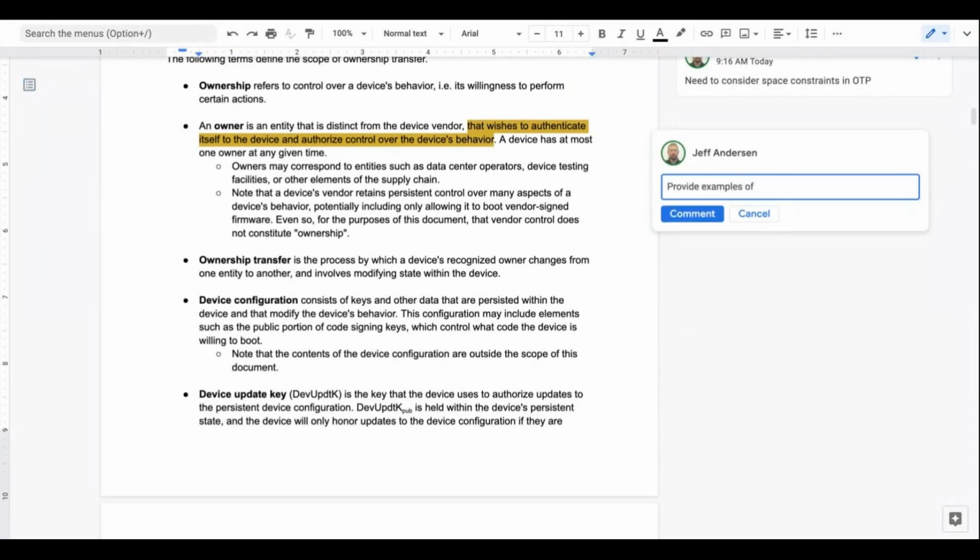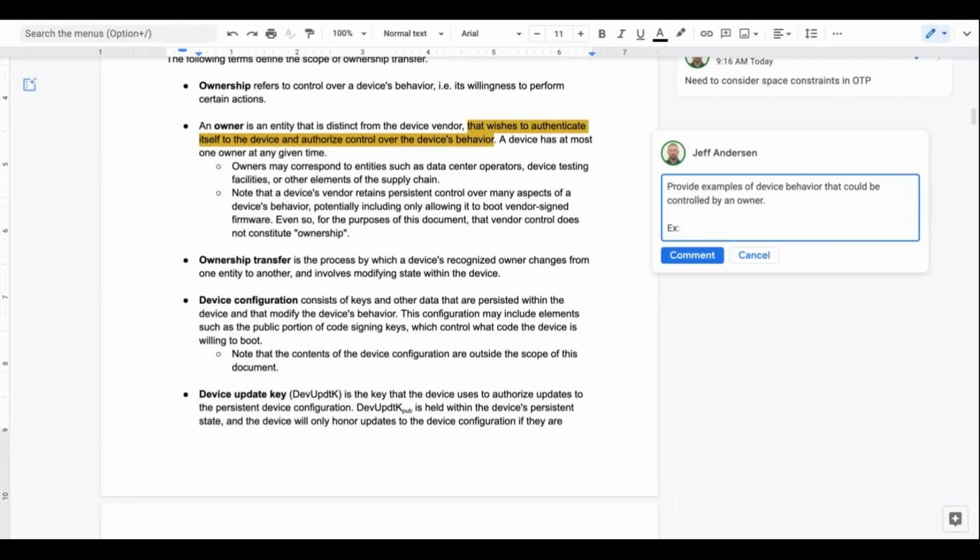But things specific to secrets and other things, right? And are all of those things controlled by the device update key, which I think is what you're saying, right? Yep.